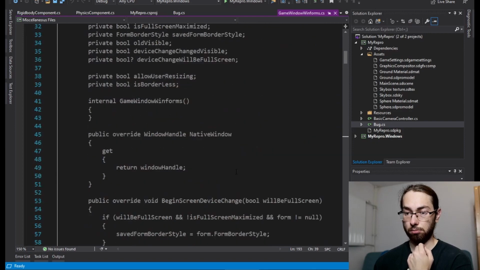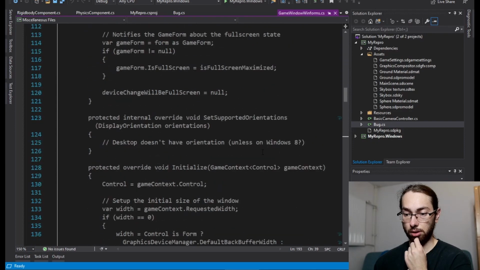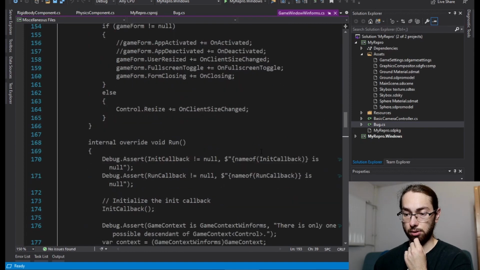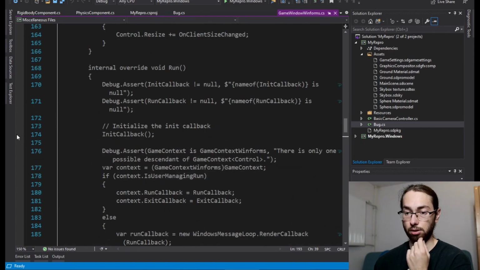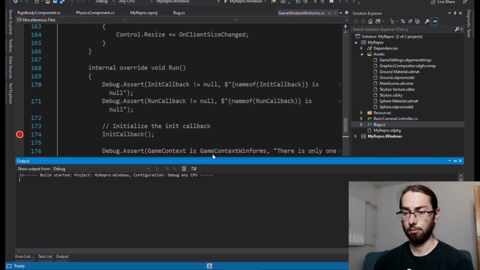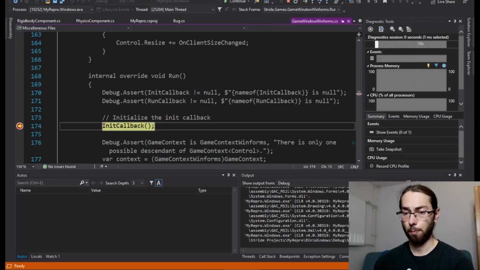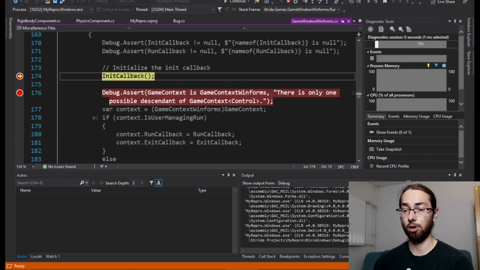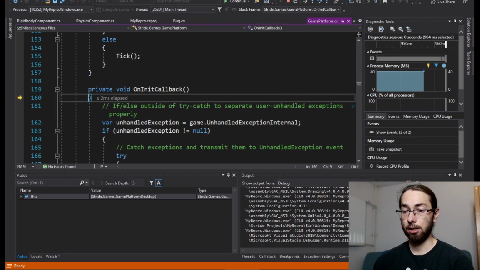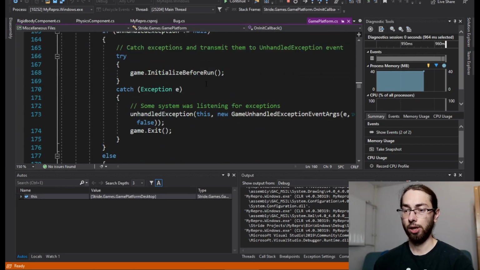Let's try to break on run here. First, right here. Okay, so this is one of the first things that happens. It opens the window for us. And this is the game platform on init callback, which does initialize before run